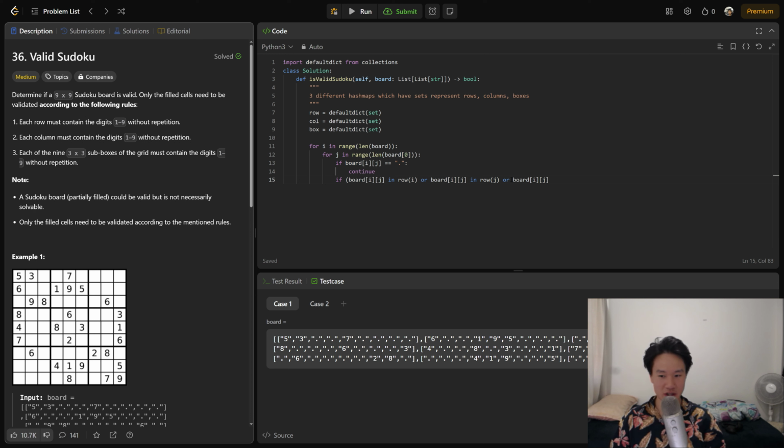So or if board i j is in the box set where we have a tuple which contains i divided by 3 and j divided by 3, if it's in here, then what we want to do,